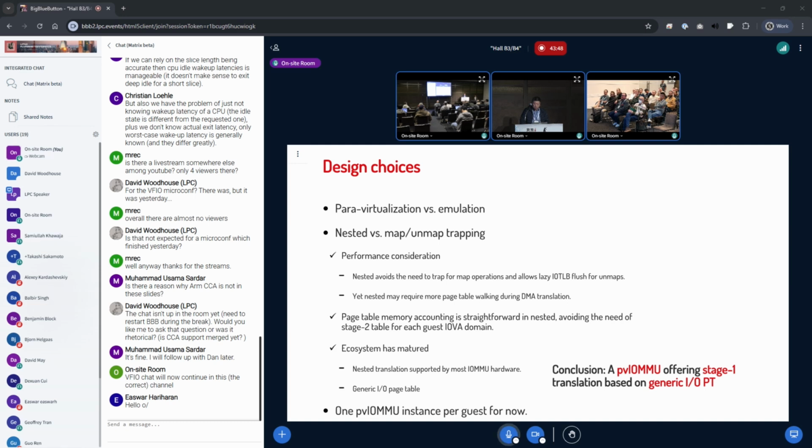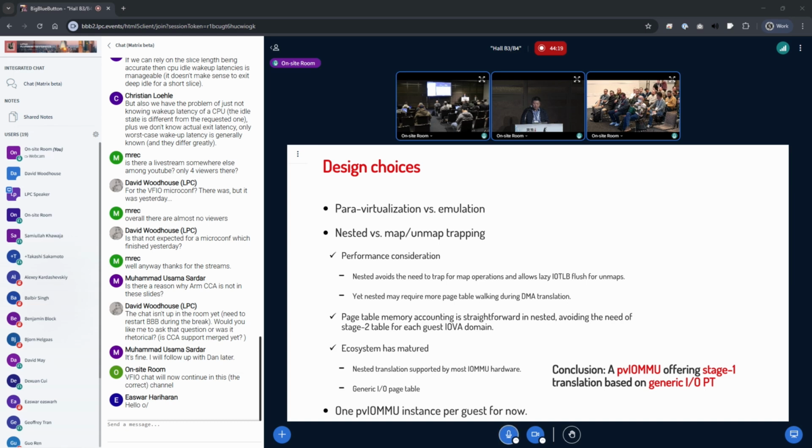So it could be quite a lot of work for our hypervisor engineers to provide the full emulation for each type of IOMMU hardware. Another reason is that we believe with good abstraction, paravirtualized IOMMU can at least achieve the three basic functionalities